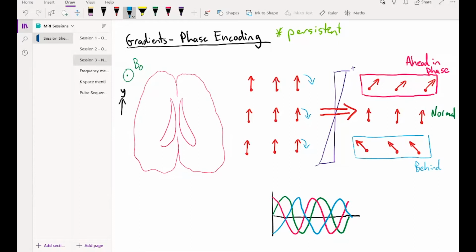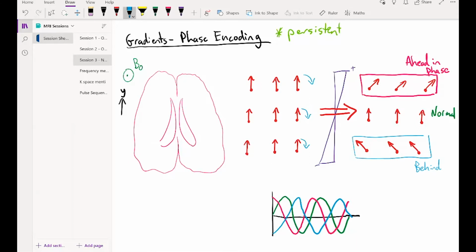Another important note about phase encoding, and this will become more relevant during our pulse sequence diagrams discussion later in this session, is that phase differences are persistent. What that means is when you turn the gradient on for phase encoding, you immediately start to see some differences in phase, just because some spins are precessing faster, some are precessing slower. And then by the end of the time you've applied the gradient, for the desired duration that you want, you can turn that gradient off, and every proton, every hydrogen atom is going to return to precessing at the same